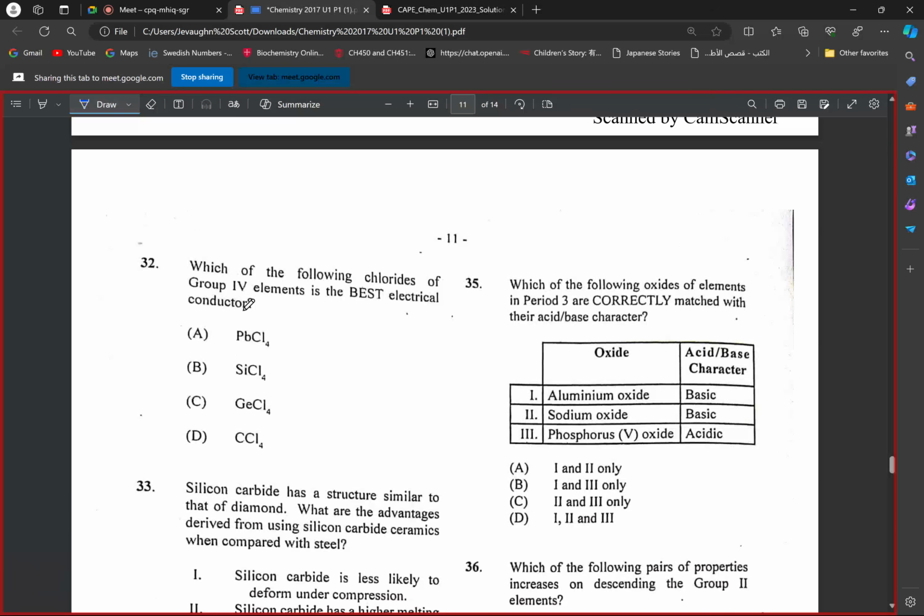A. Somebody say A. You sure it's A? The answer would be germanium tetrachloride. So,